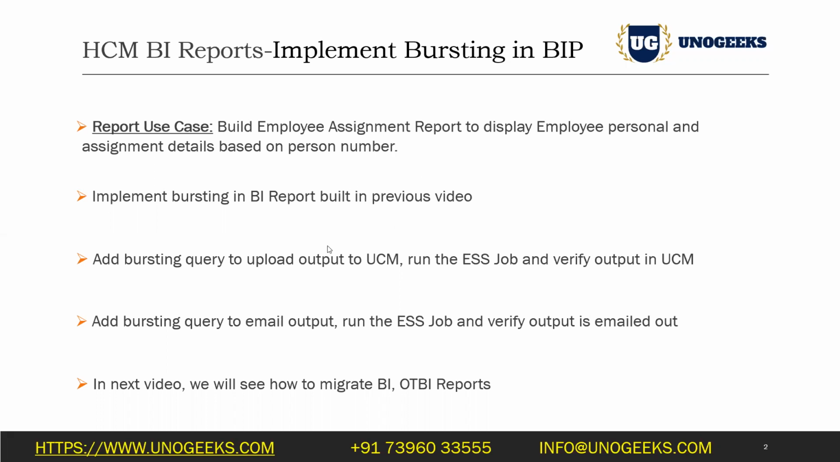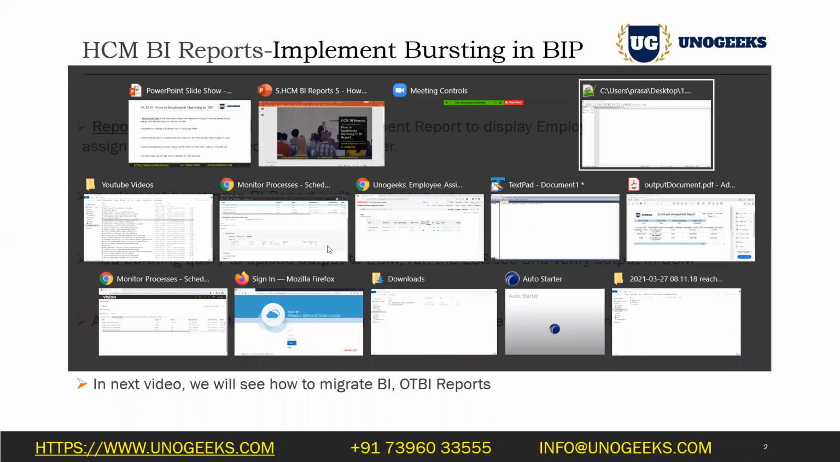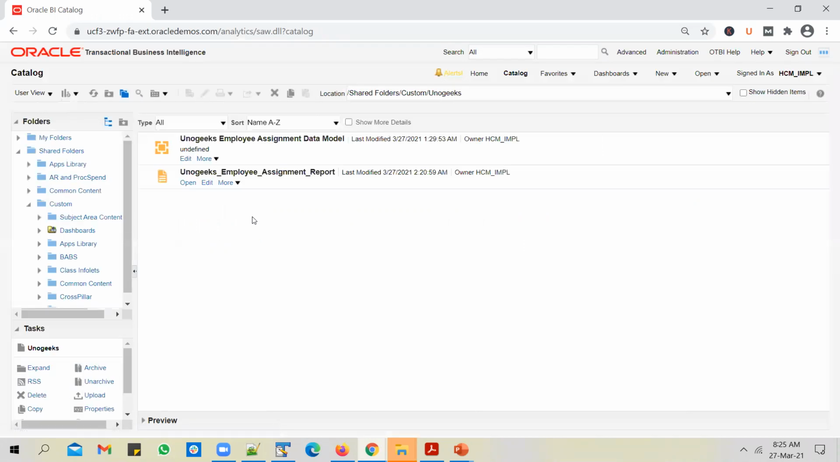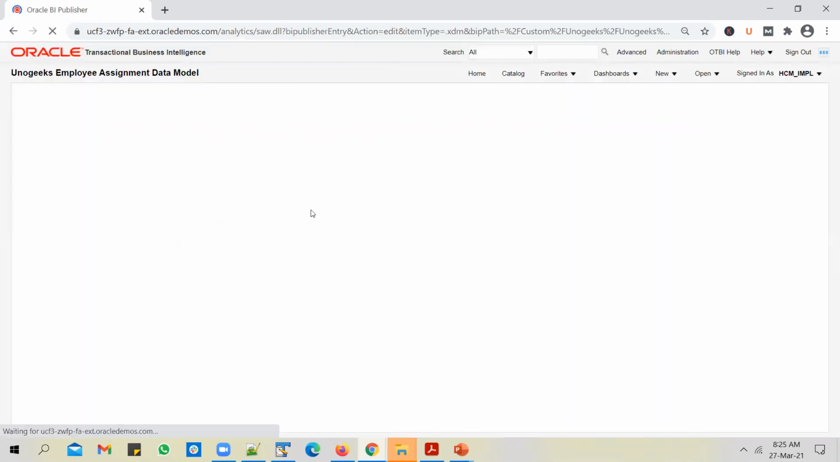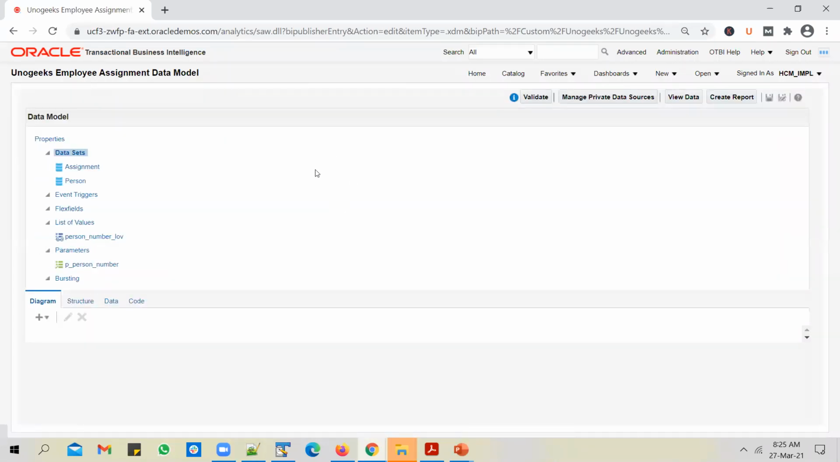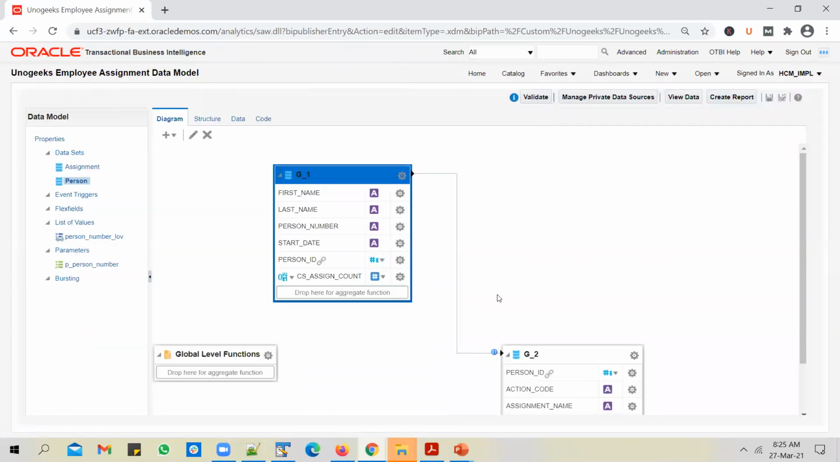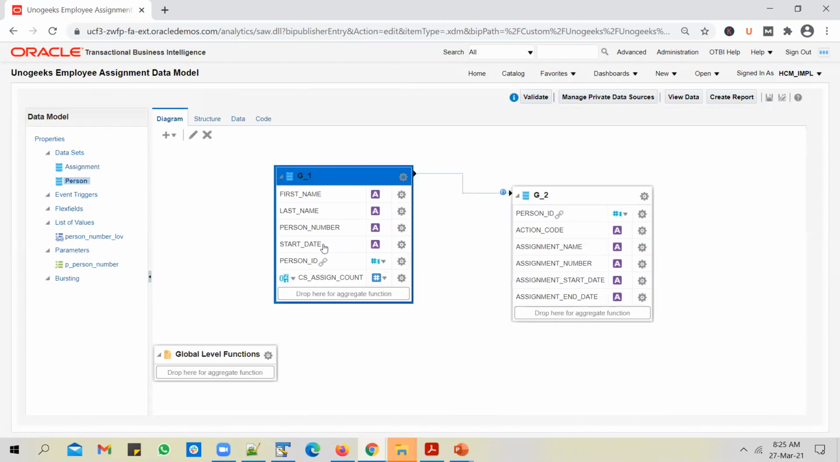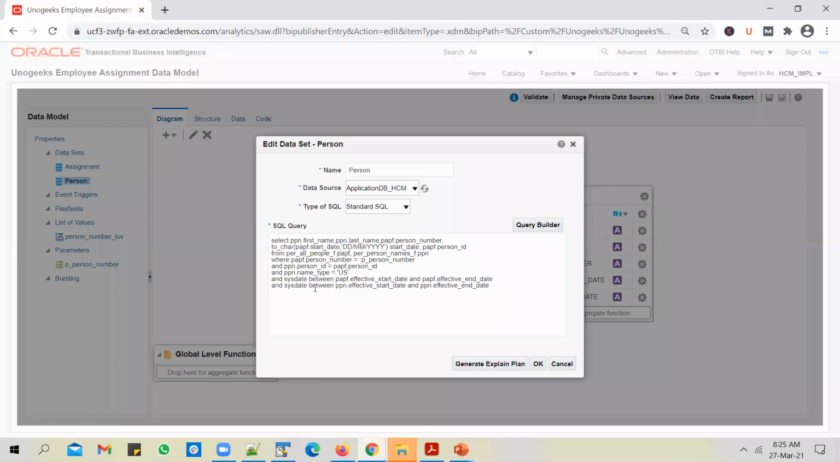So to implement the bursting, the first thing you need to do is go back to the report definition. So I'm in the catalog now. Go to the data model, edit it. And in every data model, there will be a driving query, which means the first query that gets executed and drives the data model. And in our case, it's a person query. So copy the query